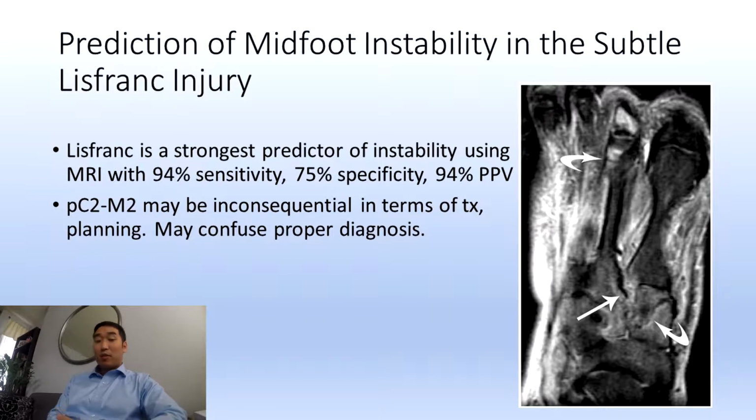And Rakin from Jefferson Hospital, here in Philly, did a study to see if an MRI can be used to predict an unstable or stable Lisfranc injury, and compared that to the result of the intraoperative finding through the stress test. Out of the 21 cases, in 90% of the cases they were able to predict it, which is fairly high,